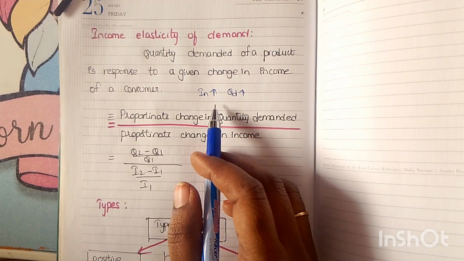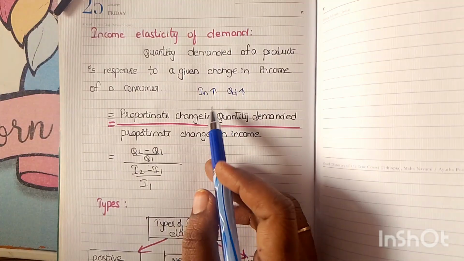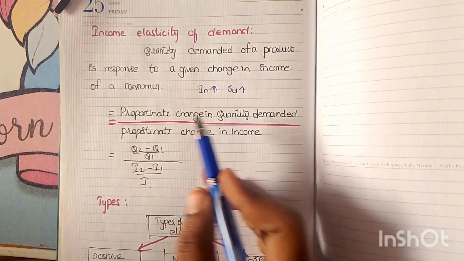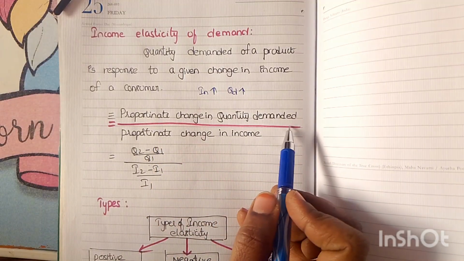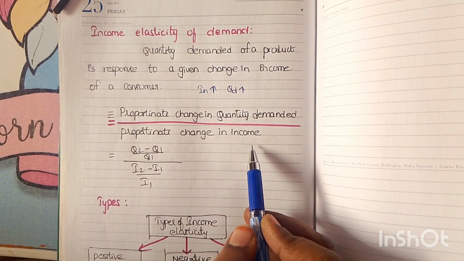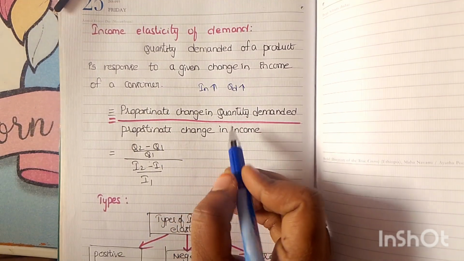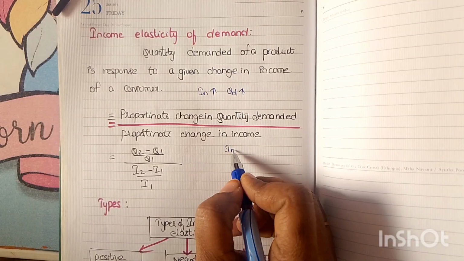So here income and quantity have a directly proportional relationship. But in the case of price and quantity demanded, there is an inverse relationship. Coming to the formula, it is the proportionate change in quantity demanded divided by the proportionate change in income level of a consumer. Suppose the initial income level is I1,